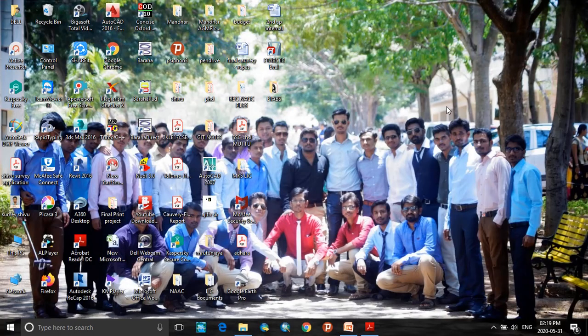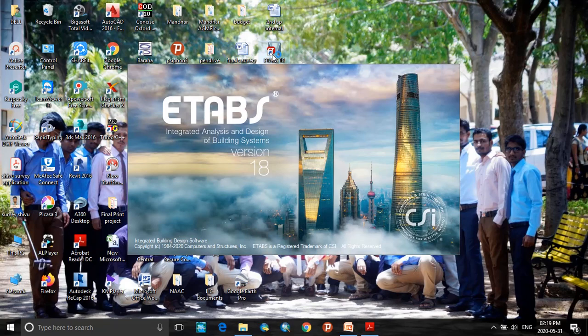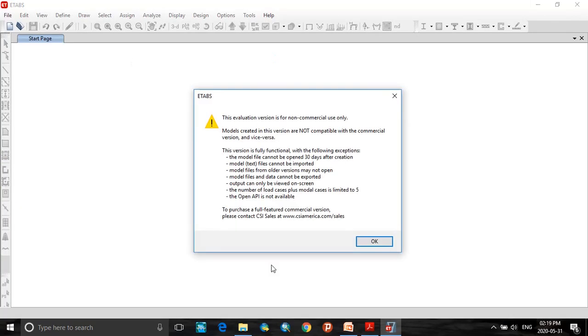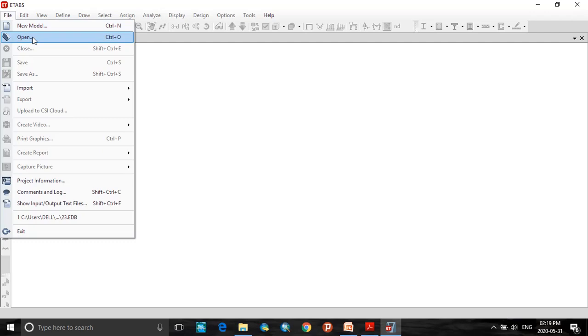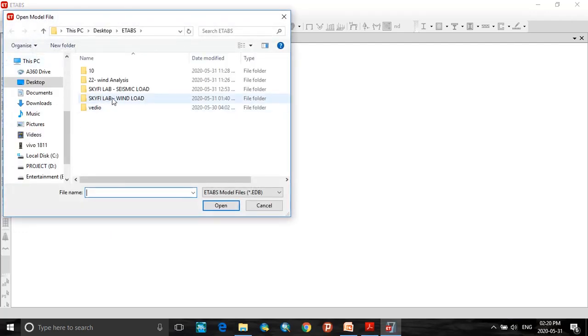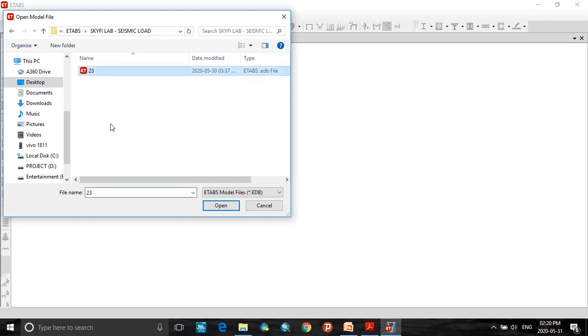Moving on to the computer screen, click on ETABS evaluation version. Click on menu File, and open the previously prepared, saved model. Click on open.